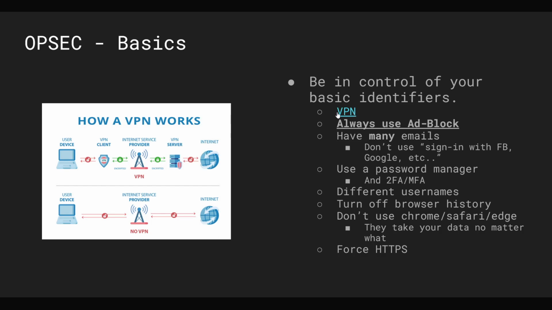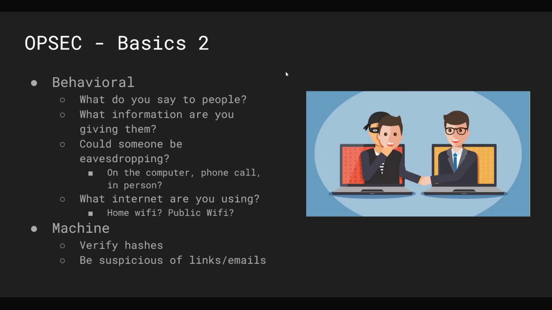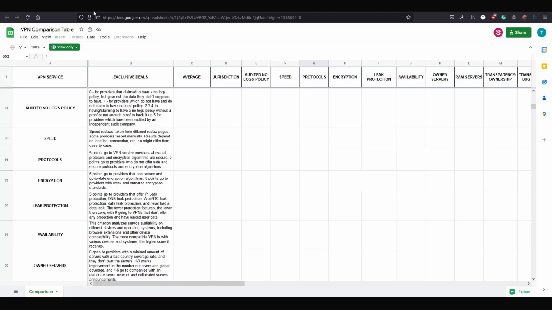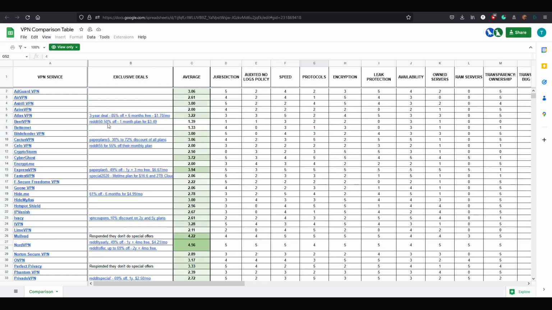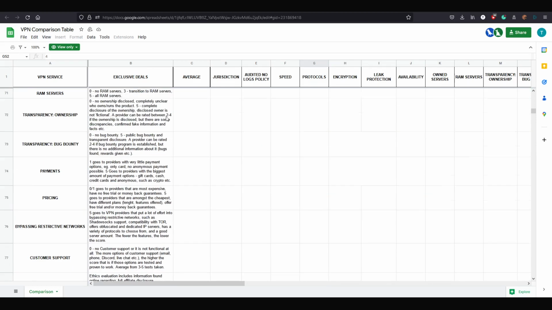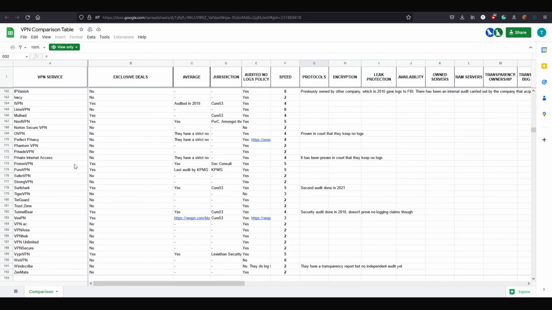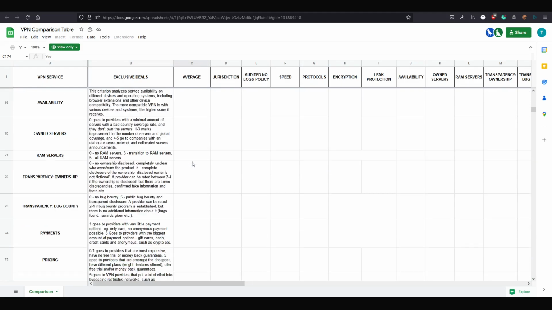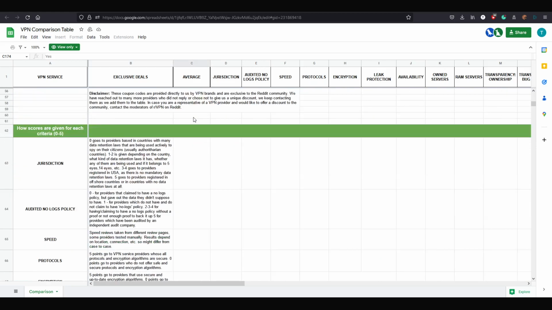Also, I have this link here. This link goes to a VPN chart that I'm going to share with you guys. This is a great website that I use to verify the details for a VPN I'm considering. Let's say Proton VPN. Okay, it's got exclusive deals on average. Wait, what is this one again? I think it's